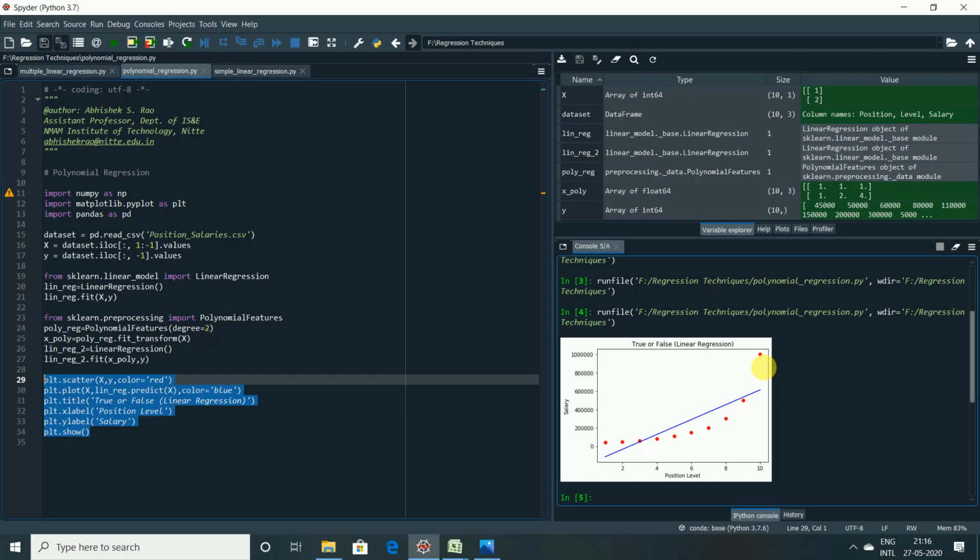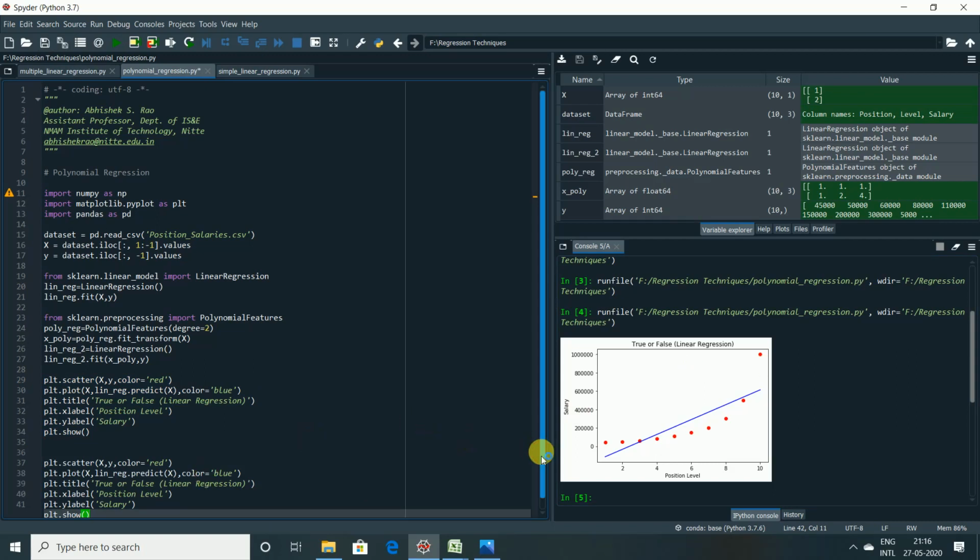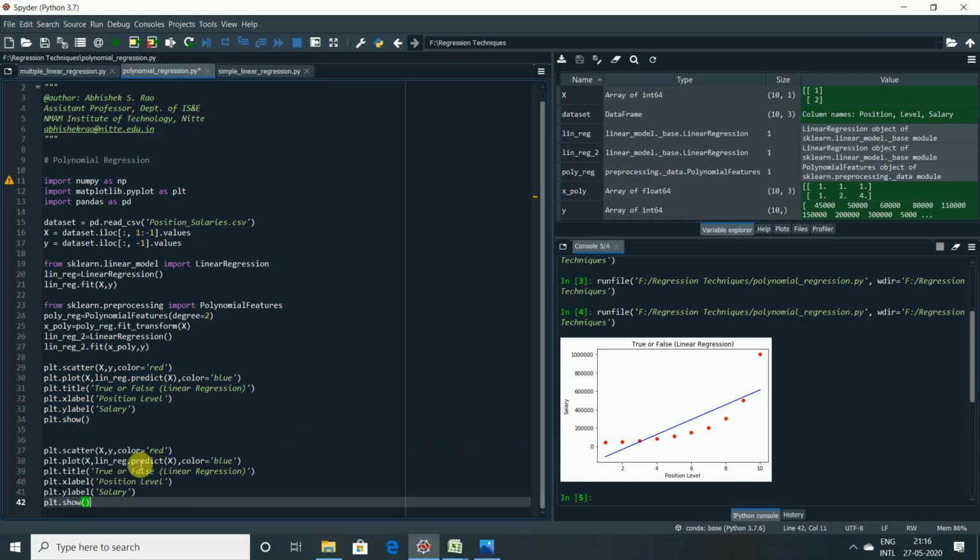Now let us see whether polynomial regression will give us the same answer or a better answer. Let us see that also as the output. Now let me copy the same code, only a few lines I need to change. So plt.plot, I think I need to change it here. Instead of lin_reg, I need to use lin_reg_2, correct? You can see here lin_reg_2, right? For the polynomial features we are using lin_reg_2. This .predict of what?